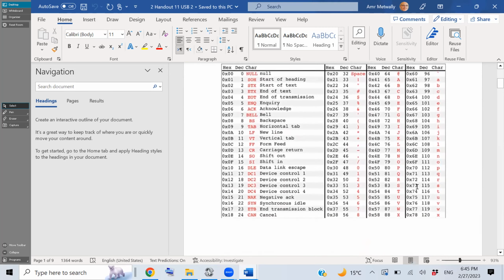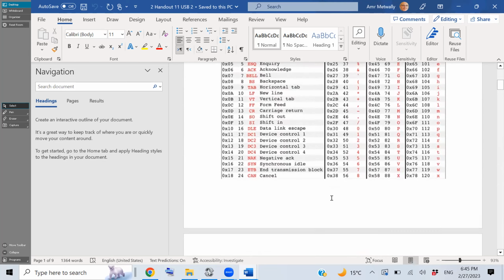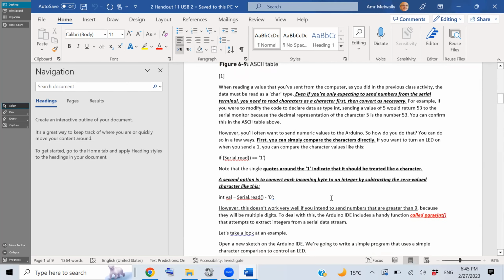Here it is, 53. It will be decimal 53. But as a character, as you input it, it is going to be 5. And in hexadecimal, it will be 35. So how could I get the 5